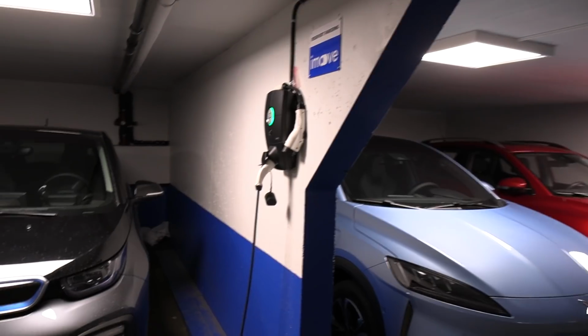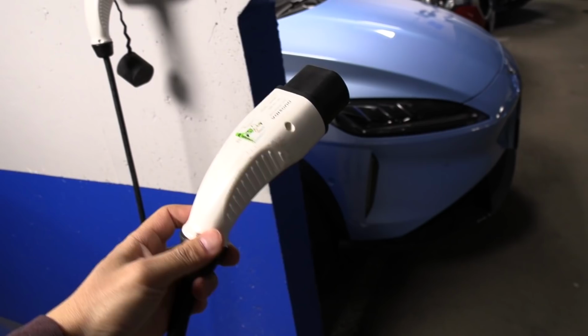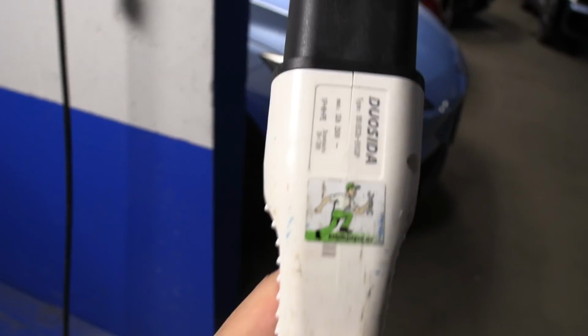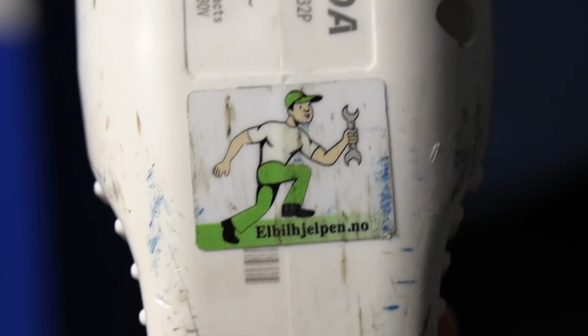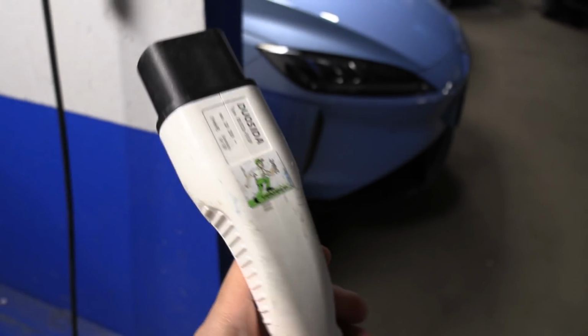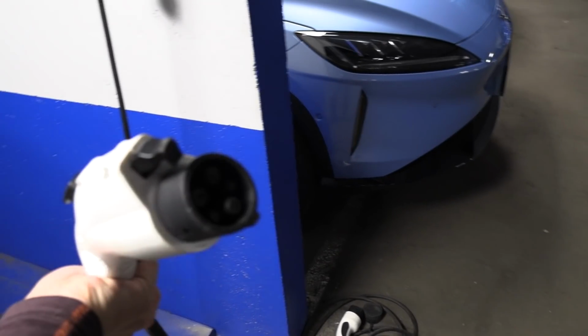Oh, I also need to juice up the Leaf. It's getting kind of low on juice, but look here. This is what you call a cowboy cable. It's from elbilhjelpen.no. You can buy it from there. I don't know if this is technically legal, but you can convert a Type 2 to a Type 1,